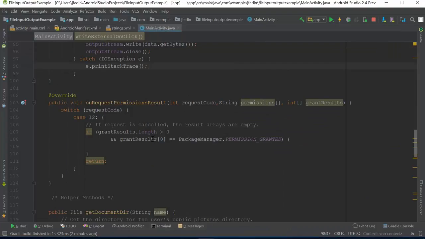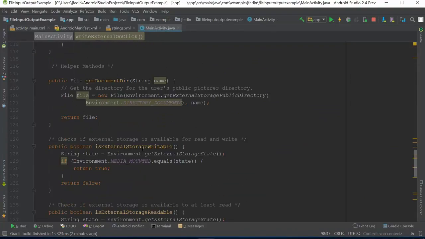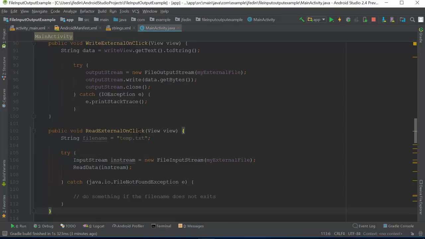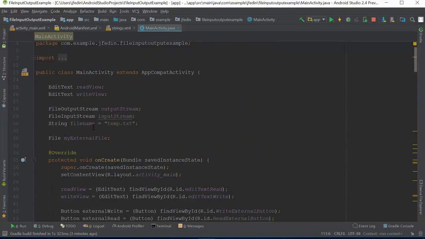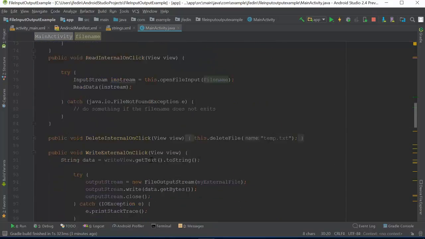write to external storage. Let's go ahead and read from external storage. And that's pretty easy. We can just use the same file directory and reuse our read method to read from external storage. So here's the read external on click. We have our file name temp.txt, which we really don't need to keep creating because we already had it as a member variable. So we can just say